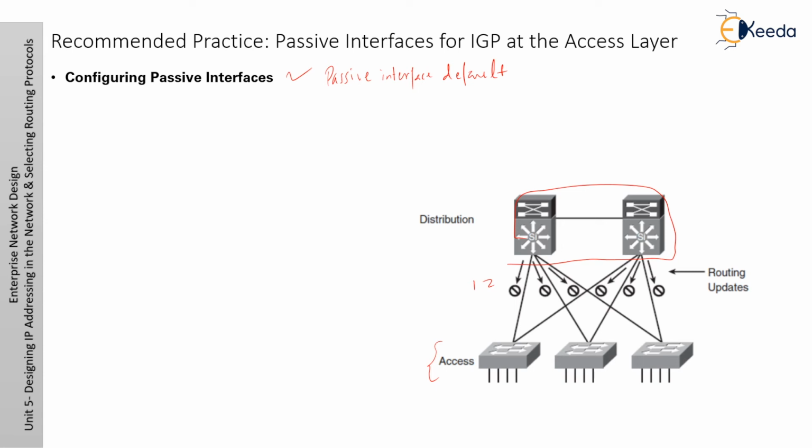This command can be used in conjunction with no passive-interface. So to run the routing protocol on only the interfaces from distribution layer devices to the core layer devices, this minimizes the configuration required. Okay, so